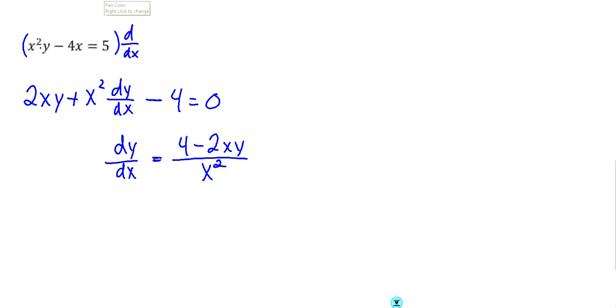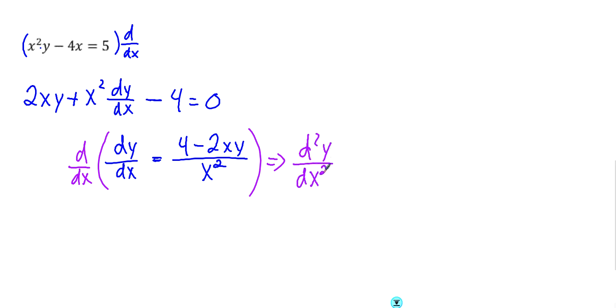Again, our next step is to take this. Now that we have it in terms of dy over dx on one side, we take the second derivative, which gives us d squared y over dx squared. And of course we're doing quotient rule. So low, which is x squared, times the derivative of high. Okay, now this is going to be crazy because the derivative of 4 is 0, minus,